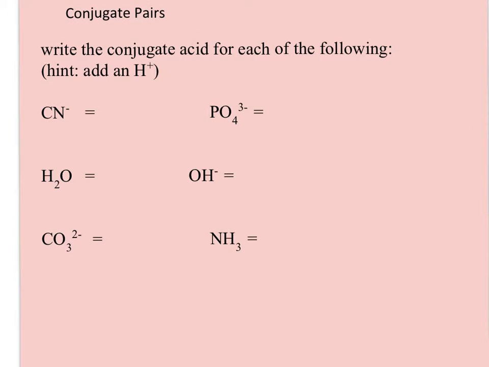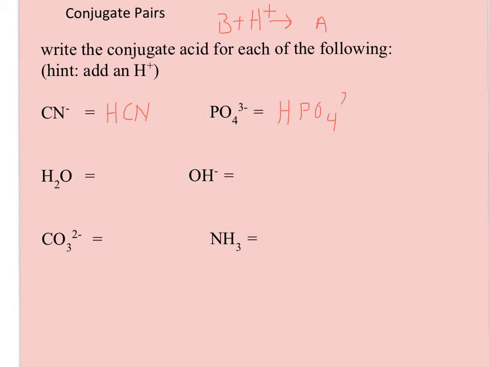On the next slide, we're going to do just the opposite, write the conjugate acid. So now I'm going to go from the base to the acid, and remember, a base becoming an acid has gained an H plus. So I simply add an H plus to each of these. So this would become HCN. The H plus cancels out the CN minus. The charges cancel out. The PO4 with the 3 minus gains just one hydrogen back at a time,